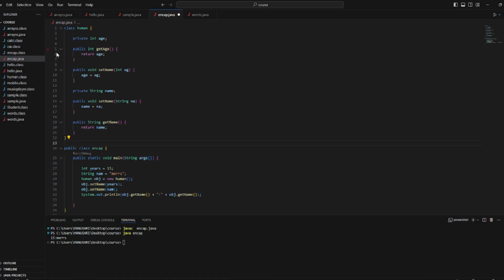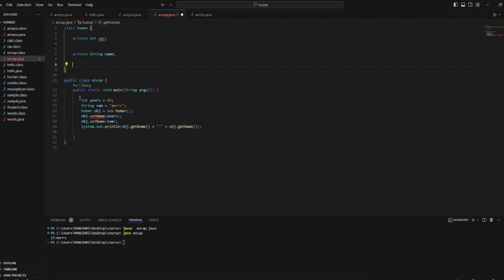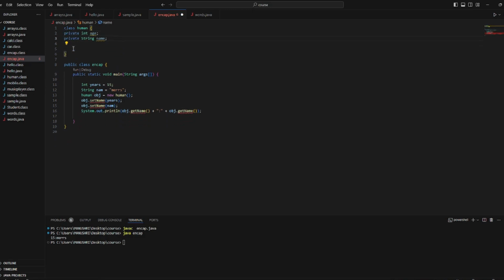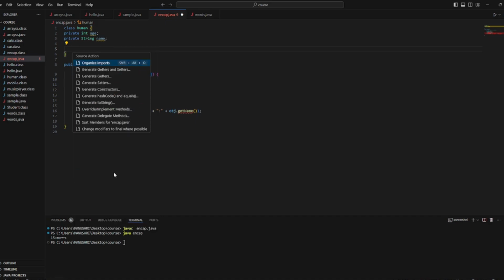Okay, so for now let me just remove this part. I know that I'm supposed to do it again, but it's okay. So just right click here in any IDE. Most of the IDEs have this feature called source action.